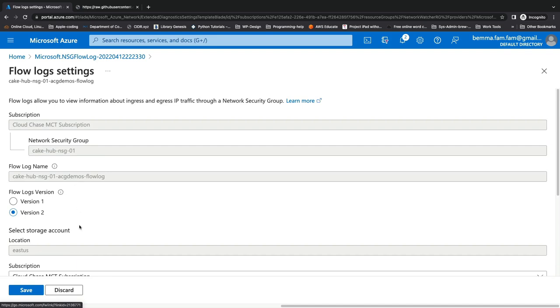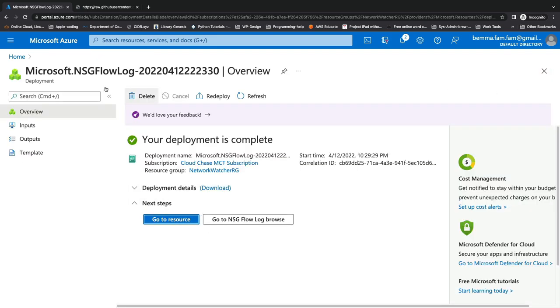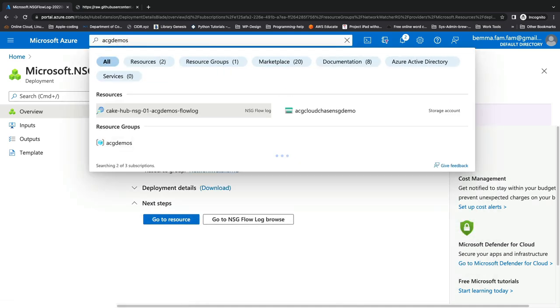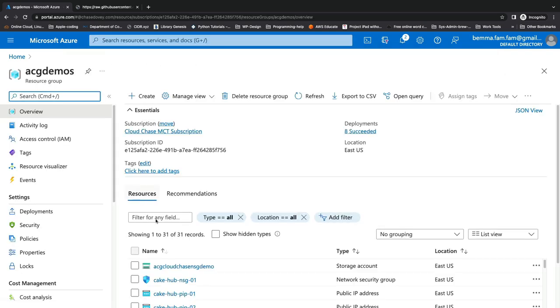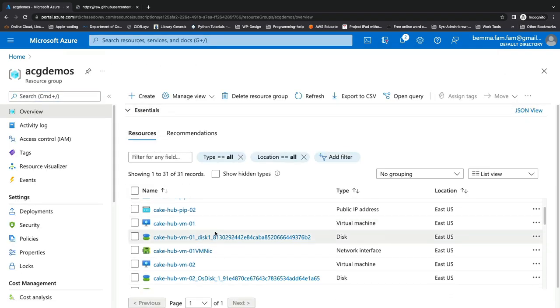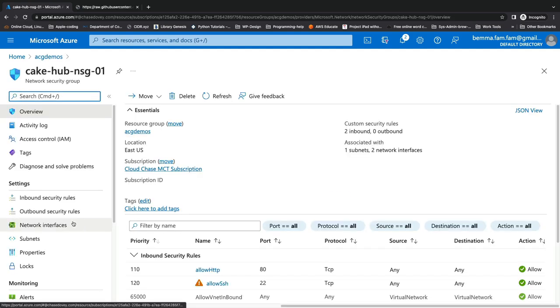But what we'll do at this point is we'll go ahead and back out of this, and we're going to go back into the resource group that we were just in. And in my case, that's the ACG demos. I'll click into it here, and I'll blow up this screen here, and I'll come down to that hub NSG,